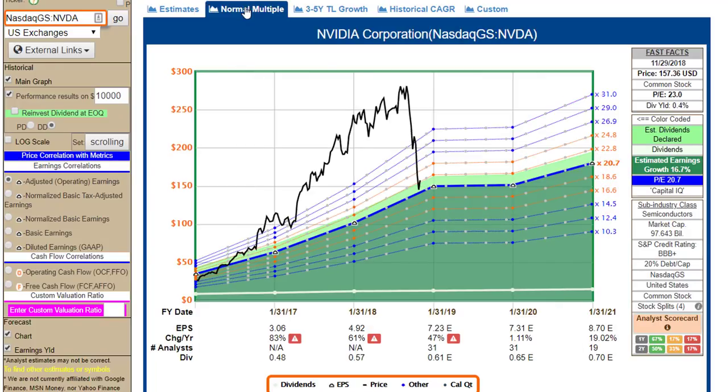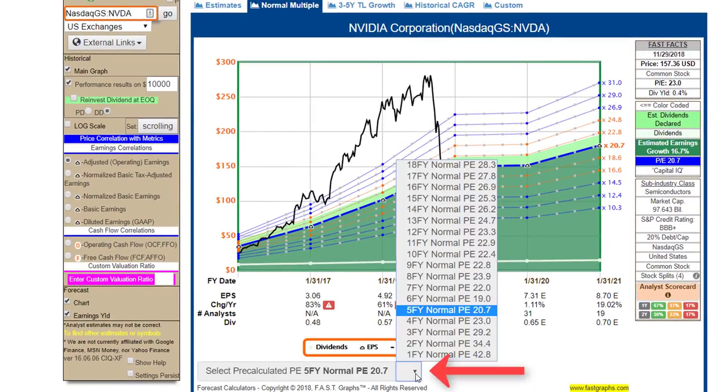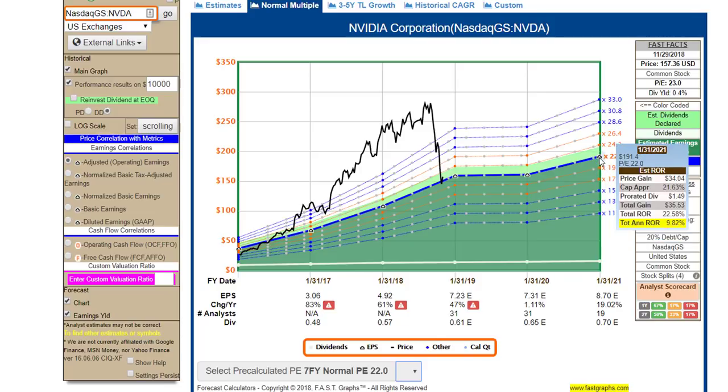So let's evaluate normal PE ratios. If I go to the normal PE ratio forecasting calculator on FAST Graphs, I've got this drop-down window. The one thing that I can essentially glean from this is that historically this has been about a 22 to 25 multiple company. The lowest PE was the 6-year normal at 19. The highest was the more recent one, which caused the price fall, of 42. So if I pick kind of a middle ground PE here of something like 22 and utilize this,